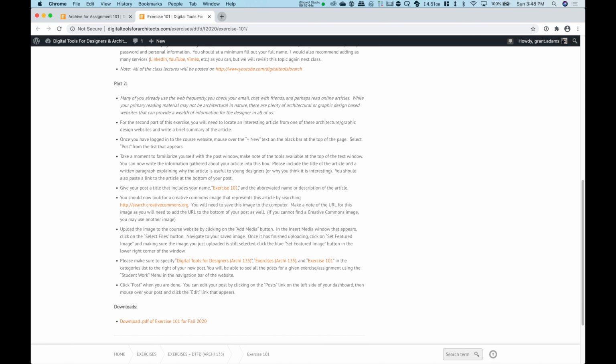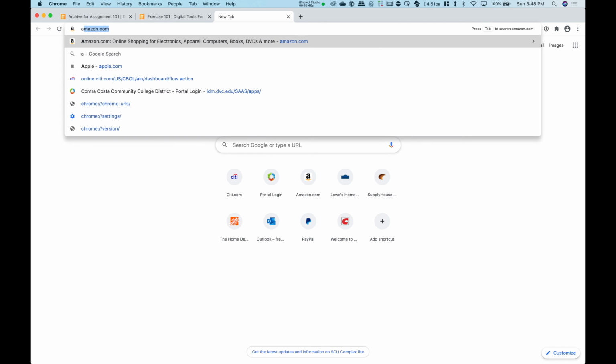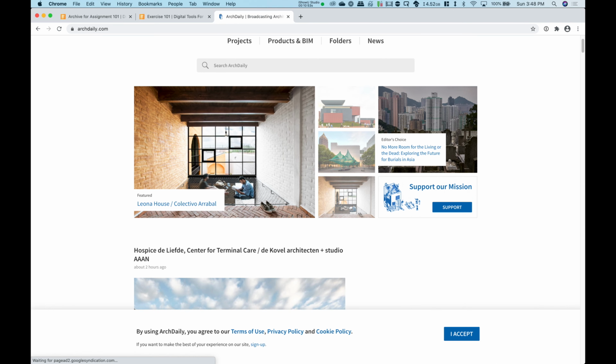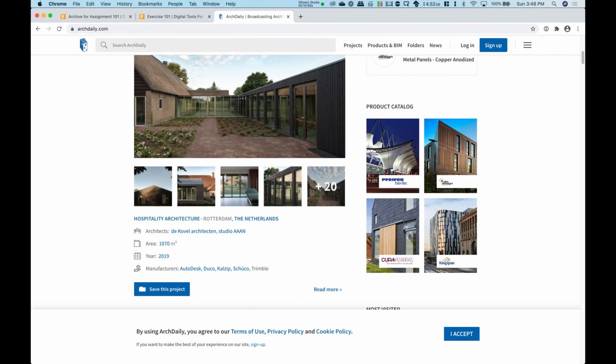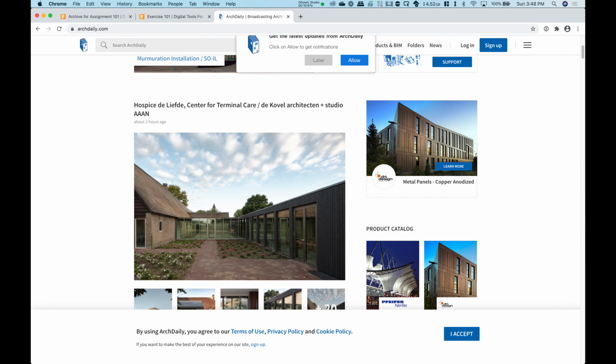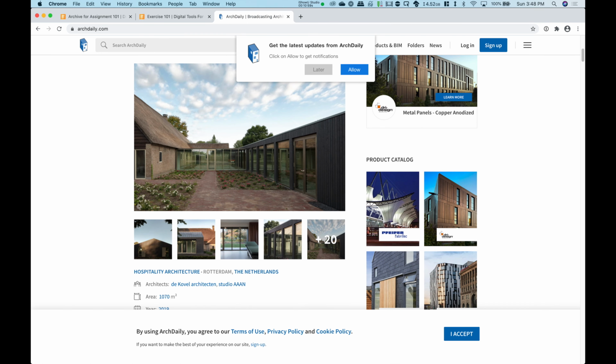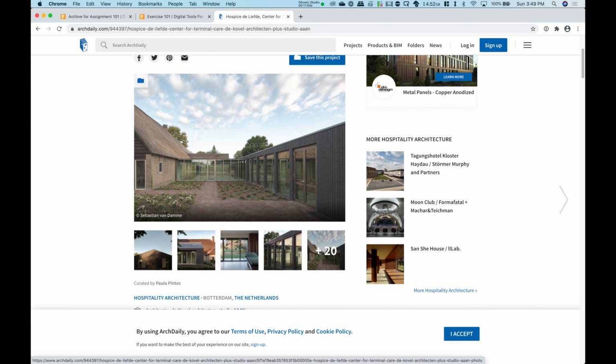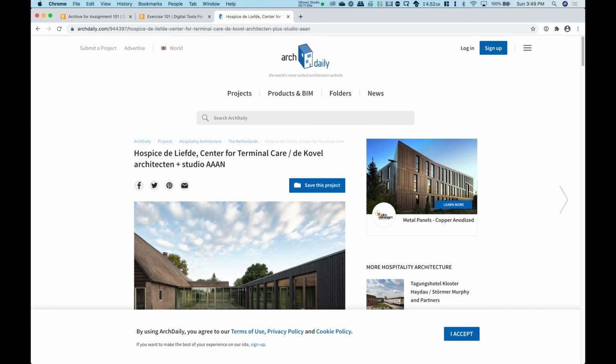So I'm going to go ahead and jump over into a new tab, and I'll go to ArchDaily because that has a good set of information for architects. They're interesting little buildings. And so I'll pick something that looks interesting to me, and we'll expand it here, and we'll look at this particular site. Alternatively, you could also search for something specific, like I could, for example, type in Pantheon.